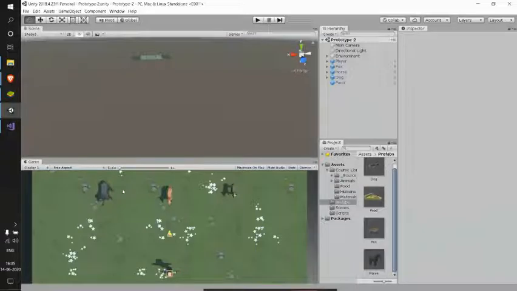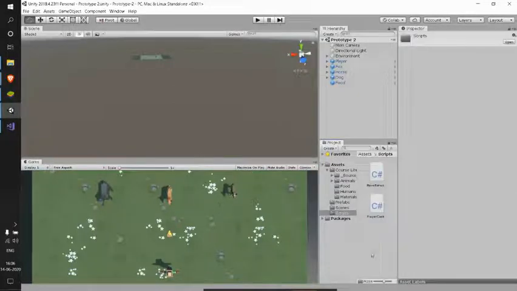So let us program that. Let us write a script which destroys our food projectiles whenever they're off the boundaries, when they're out of our screen, like out of our game view. So let's just go to the scripts folder and create new C# script.